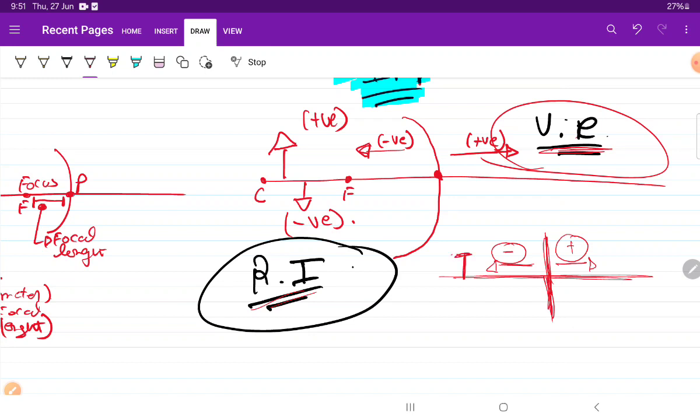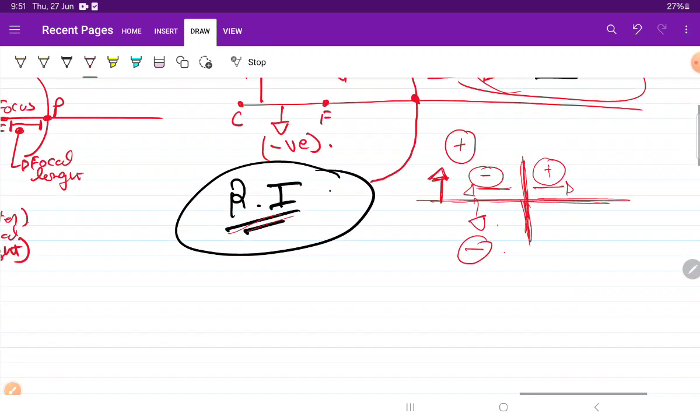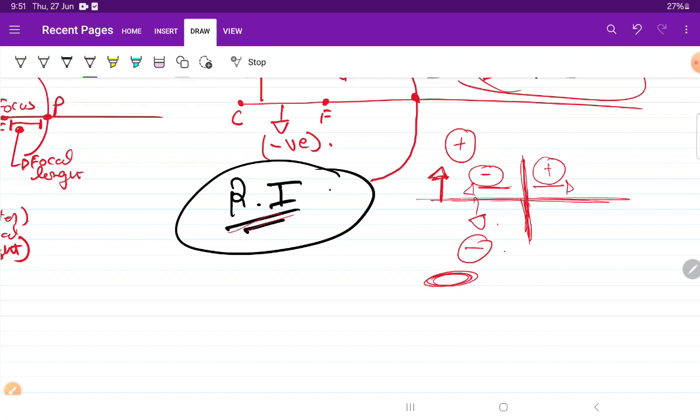On the right side it will be the plus, on the left side it will be the minus. If the object is from beyond, or you can say ahead of, the principal axis, then it will be the plus, or at the downwards of the principal axis it will be the minus. Okay, and here in this side,